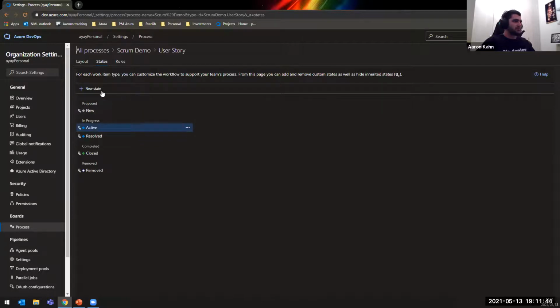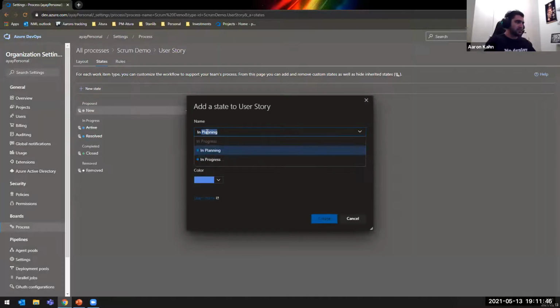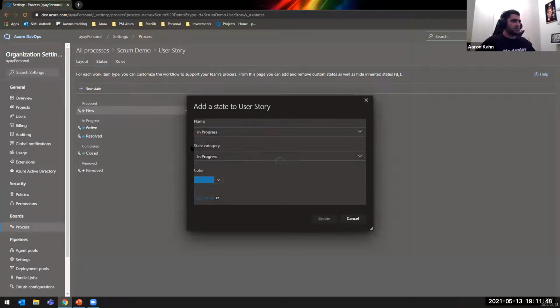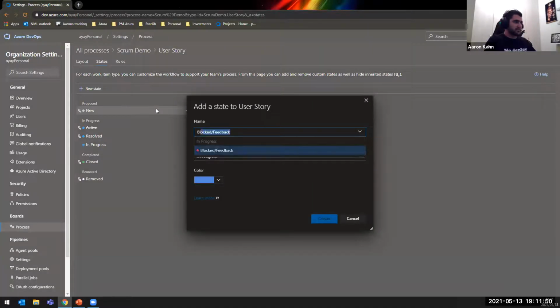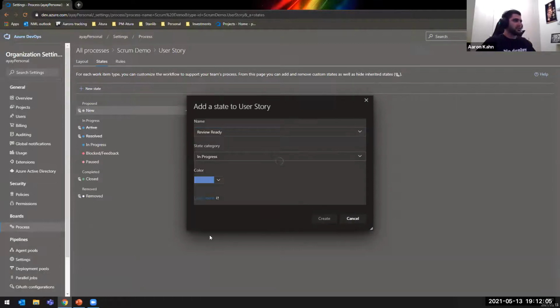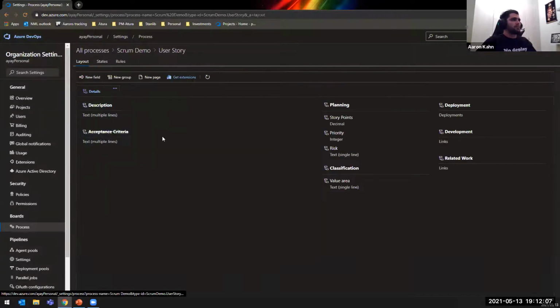We don't really want these again. We're going to actually go ahead and add these. And what you should find now is that my previously created states should actually be there. So now it's very easy to actually just replicate this across with the same colors and everything. And what else was there? Review. Missed one. Great. Now, if we go back to the layout,